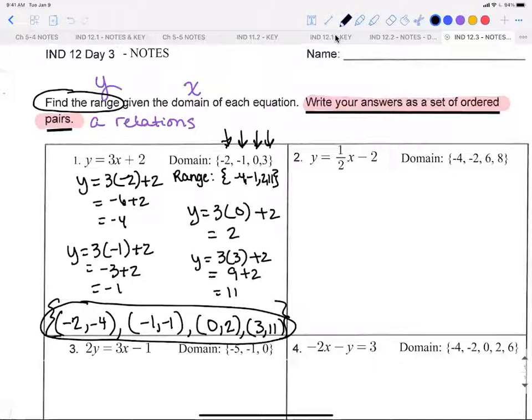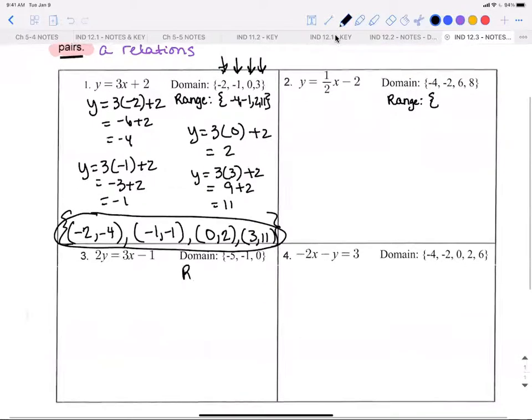All right. So work it however many times you need to work it, and write your set of ordered pairs, or your relation. And when you get your homework, just right off the bat, remind yourself that you are going to state your range, and you're also going to write your answer as a set of ordered pairs at the bottom. Okay. All right. So let's work,